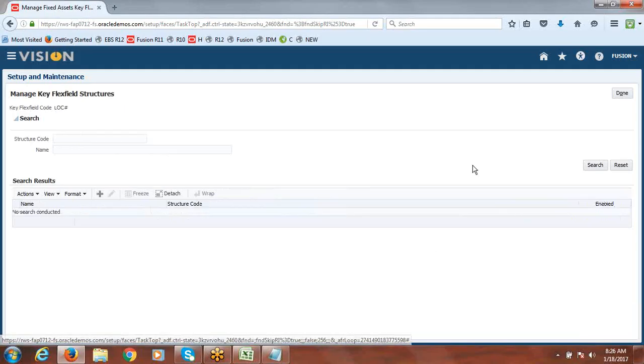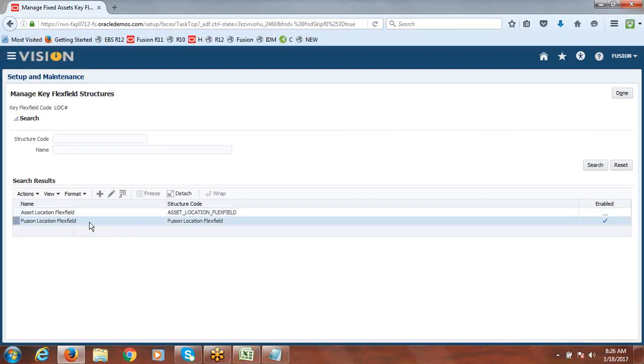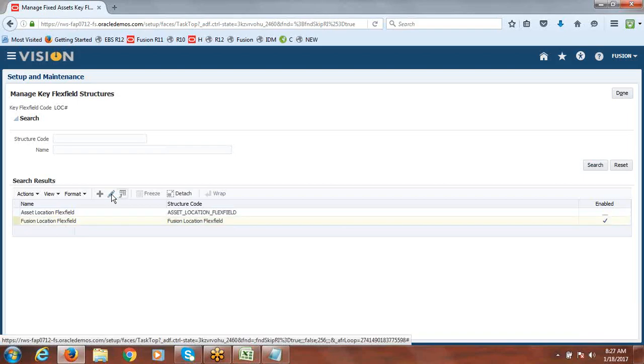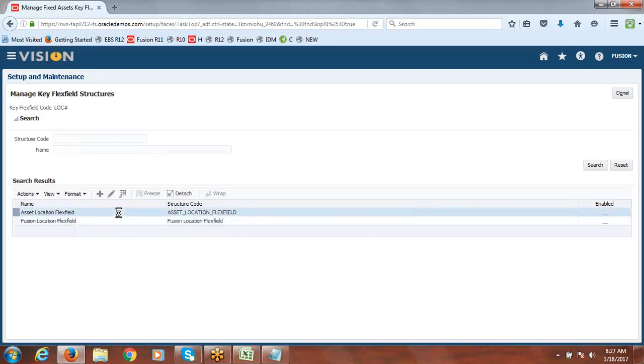Go to manage structures, click on search. You can see all the structures within the location flex field, and you can disable whatever we created for testing. That's all.